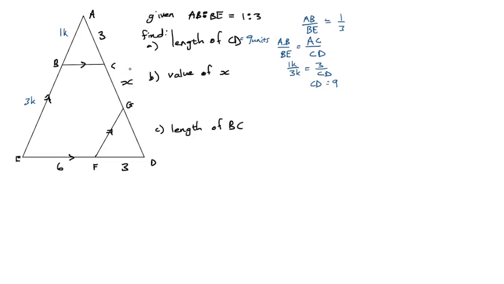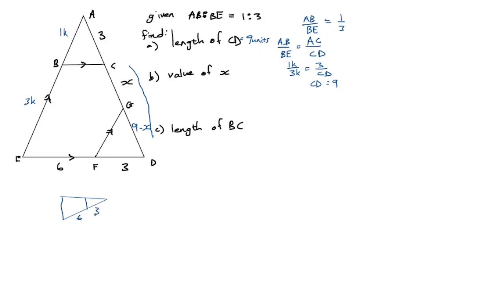If the whole length of CD here is 9, but there's already an X, then GD is 9 minus X. So straight away, before I even worry what the next questions are going to be, I'm going to fill that in. Then they ask, what's the value of X? I'm going to imagine tilting this triangle on its side. I'm going to look at it as if this is the top here. If I actually draw it for you just to make sense of it,